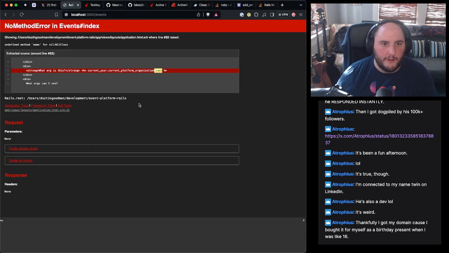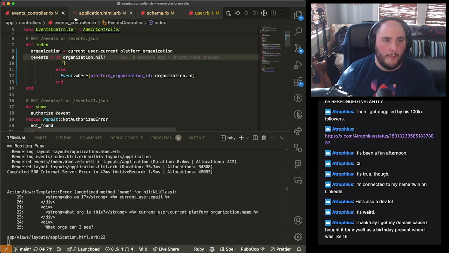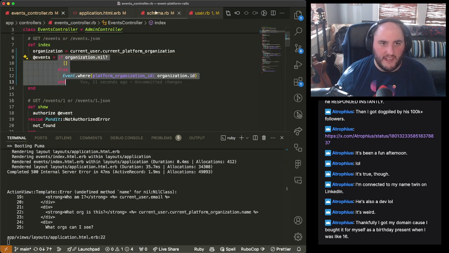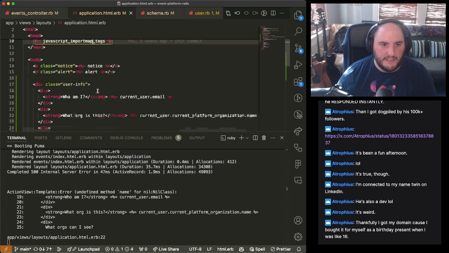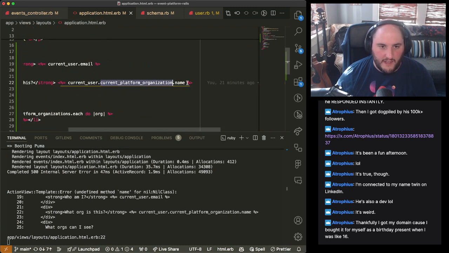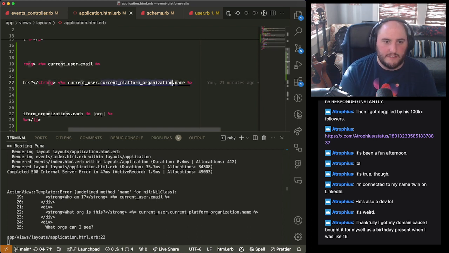So now when I go and refresh, undefined method name for nil class, and it's because if y'all remember, I did a bad and I put stuff in line in our application template. So like this is possibly null, right? So what we really want to do is